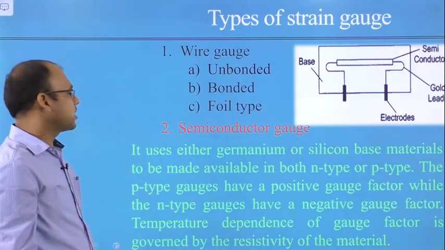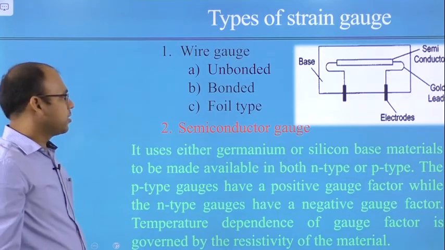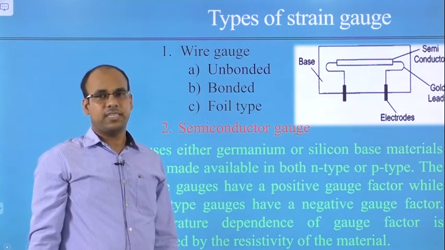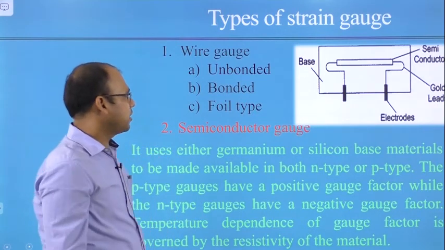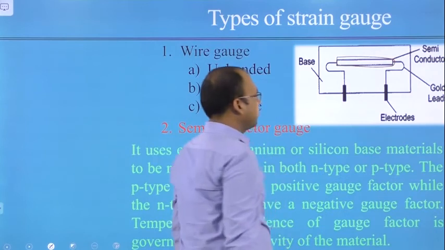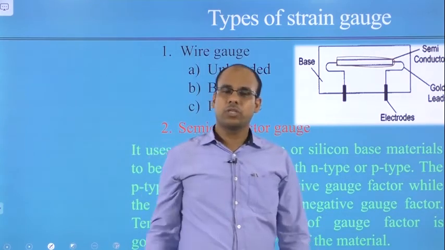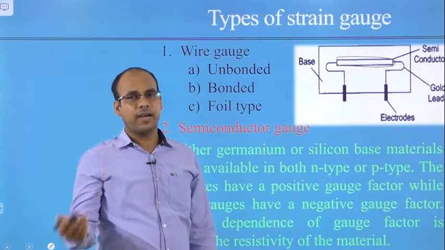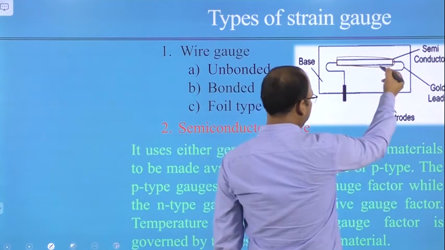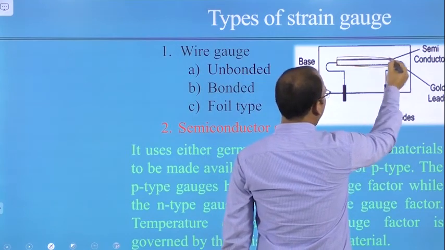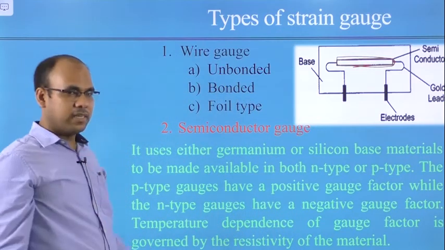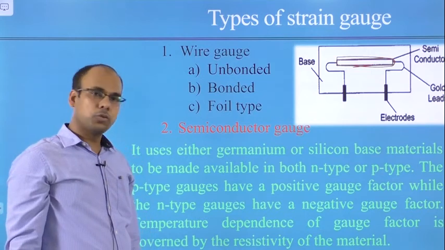And another is the semiconductor strain gauge. In the semiconductor strain gauge, instead of the wire, we are using some PN type semiconductor material in place of wire. So what happens whenever we are going to measure high stress or very high pressure or force applied is that the resistance changes, because this semiconductor has a great property and its tendency to break is also very low.